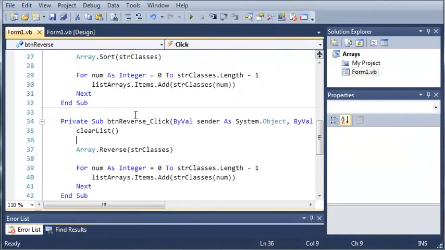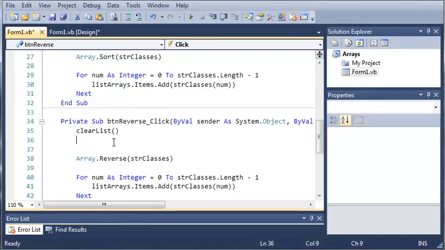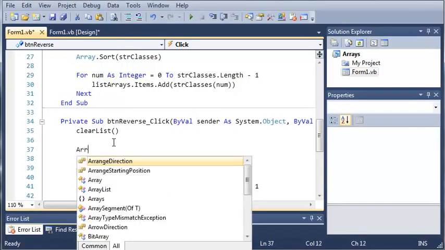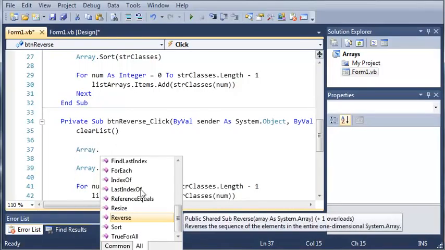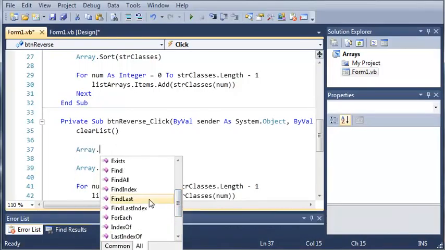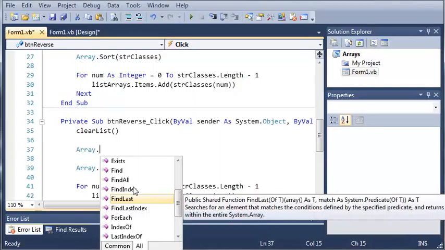Now this is a pretty simple tutorial teaching you how to sort and reverse arrays. Now what you can also do is just play around with this and type array dot and look at each one of these and read the description and see what you can do with that. And then once you feel satisfied with what you've learned and you know you're not going to forget what I've taught you in this, maybe you've learned something new from doing it yourself,